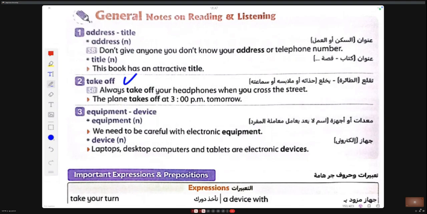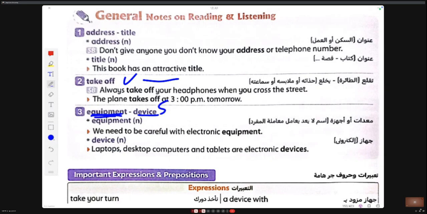Take off: for the plane to leave the airport. Take off also means take something off something else, so بمعنى ينزع أو يخلع. Take off your shoes. Equipment, device. Equipment is an uncountable noun. Device is a countable noun; we can say devices.